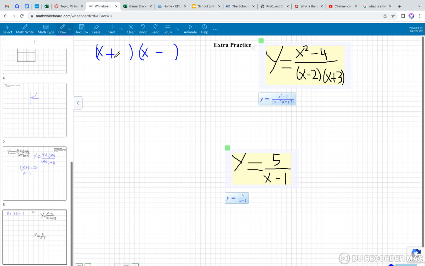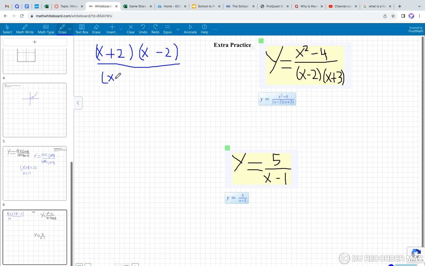Well, if you're doing plus 1 minus 4 or plus 4 minus 1, you're going to get some x term in the middle, which we do not have. So it has to be the factors 2 and 2, and if they're the same, it doesn't really matter where we put them. So x plus 2 over x minus 2,